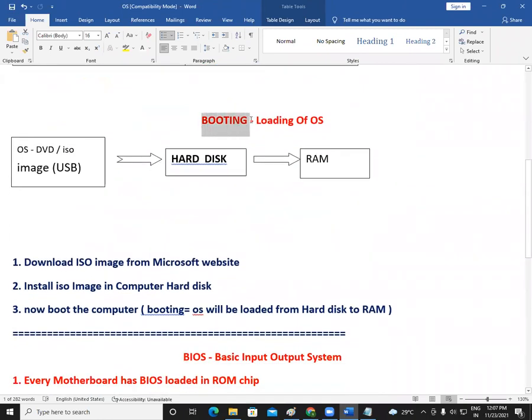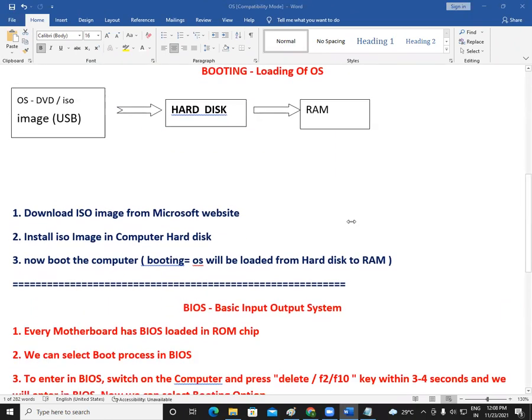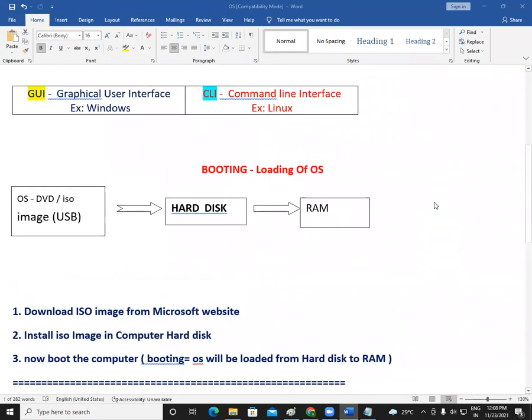So can you see this terminology here? Booting. Booting is a terminology we use. Normally, when people switch on the computer, normal people say the computer is coming up. But we should not say the computer is coming up. We should say the computer is booting. Booting is a process of installing the operating system, or rather, booting is a process of loading the operating system. Got it? This process is called the booting process. So let us try to understand the booting process in more detail. It's a very, very important part we need to understand here, friends.